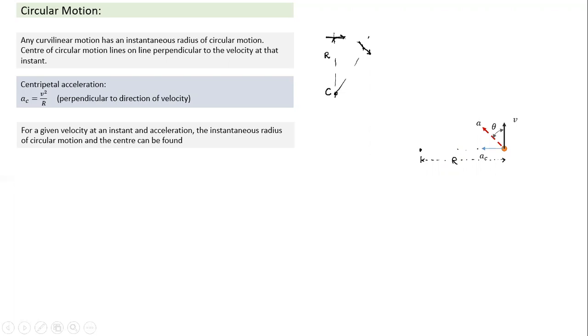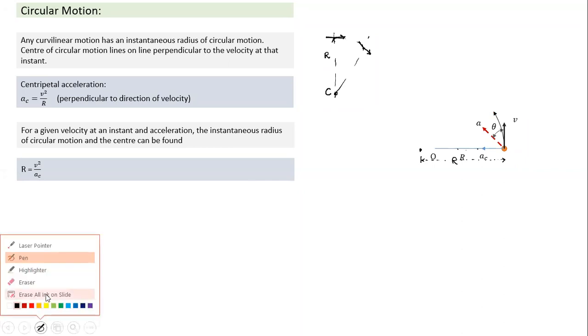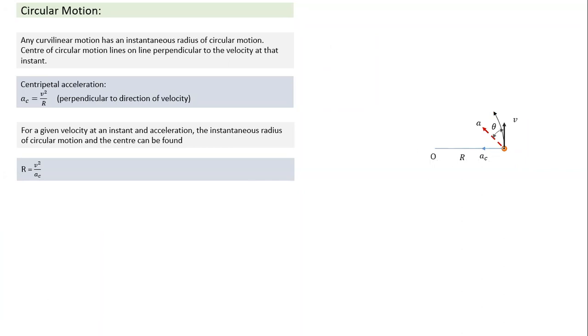Okay. So R is equal to, what is the radius? It is v square divided by the centripetal component of acceleration. That's the radius, and this is the kind of path it will have. If I had to represent it, this is the path here, so this is AC, and the center also will lie in this direction. If I mark point O at a distance R, then at this particular point, if I draw a curve, the path will be along this direction. It will be like a small arc of a circle of radius R.